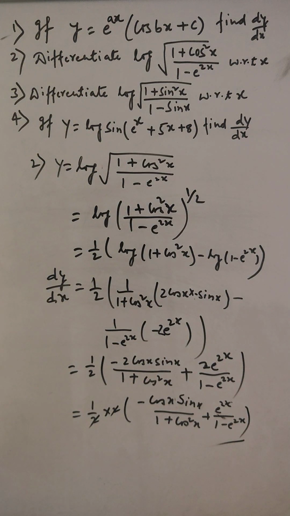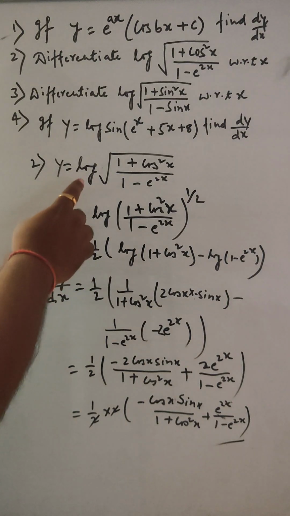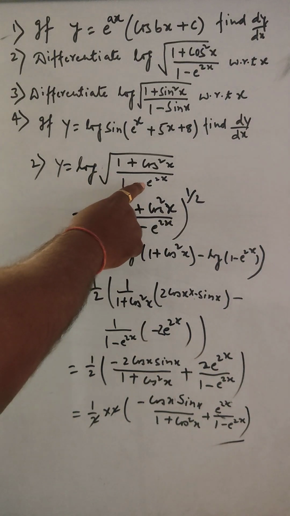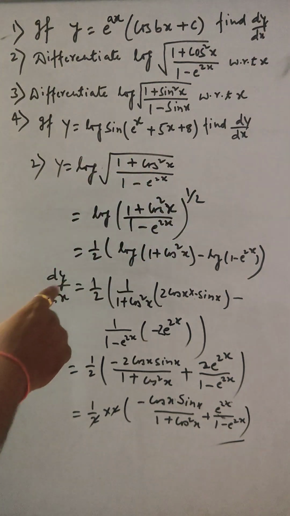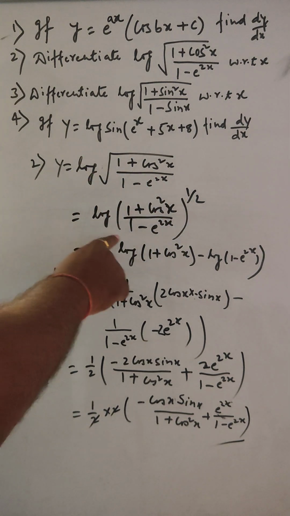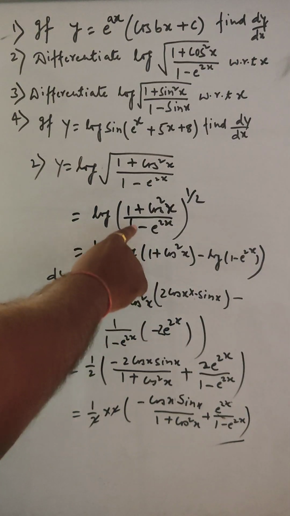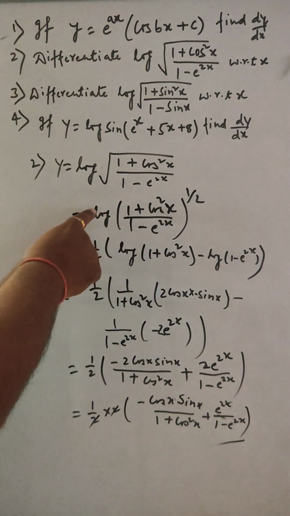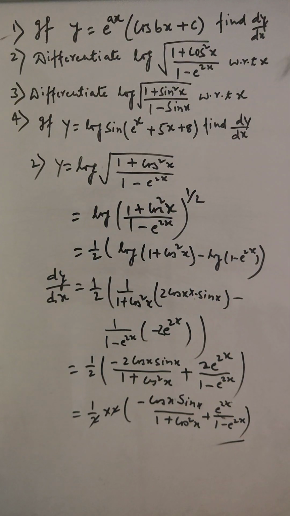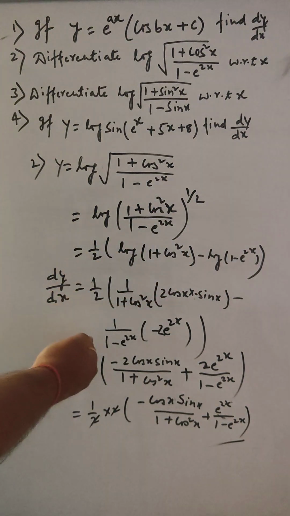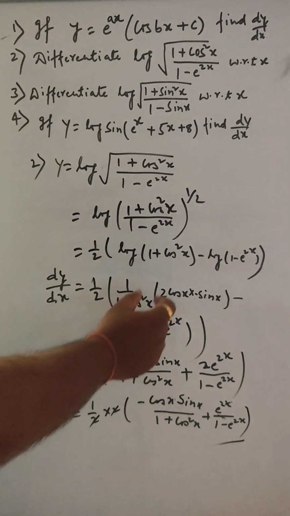It is simple. The only thing is that you have to remember the property of log. When something is like this, see, under root means to the power 1/2. 1/2 came out, and you have separated numerator and denominator. When it is in the log, if it is in division form, minus will come. Correct. And then you put down the differentiation. First differentiation of log x, then